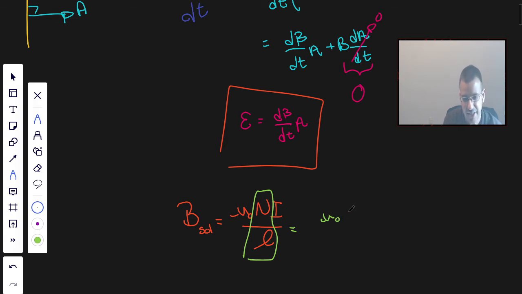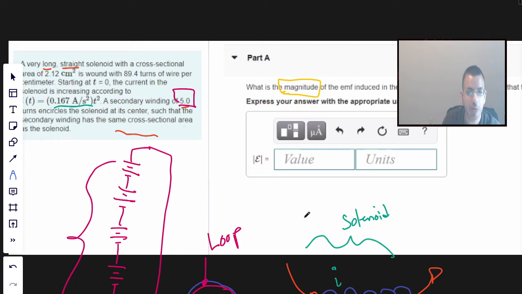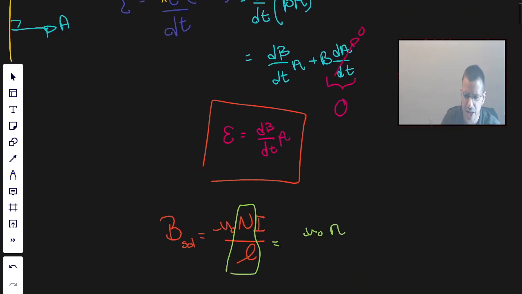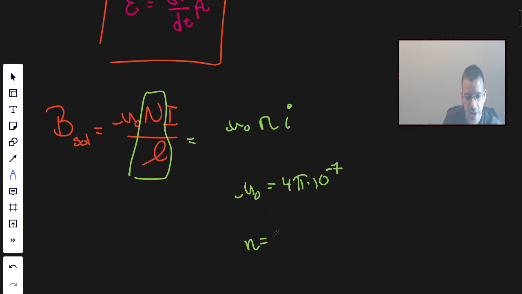I'm going to write this as n, which implies that big N over L, which they give us up here as 89.4 turns per centimeter. Ooh, should I know that? Is that important? Maybe. I have to keep that in mind. Yes, times current. So mu naught is 4 pi times 10 to the negative 7, just a constant. And n equals 89.4